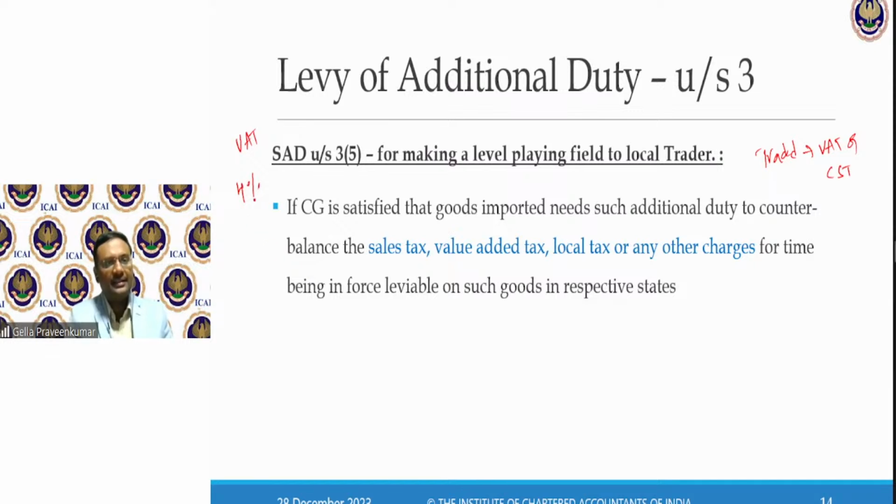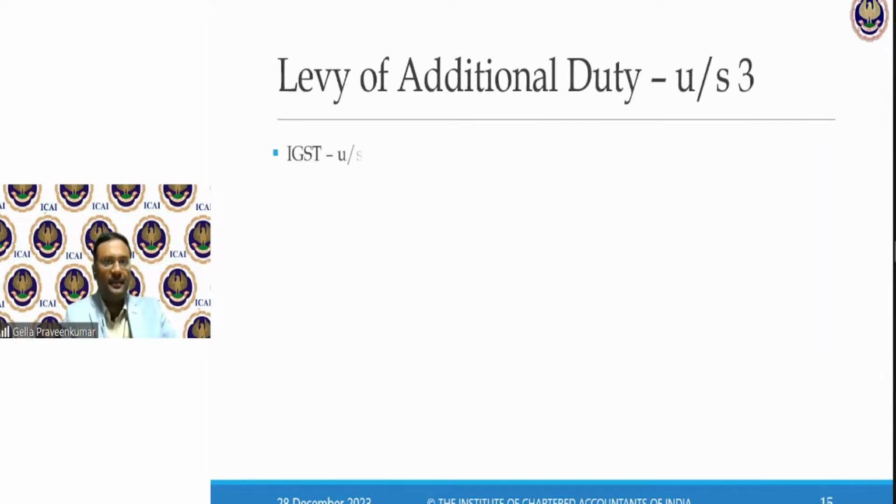Earlier under the central excise and VAT era, any manufacturer or any trader, precisely trader, this VAT was allowed as a refund. This was allowed as a refund to the importer on sale of those goods in India. Now, because GST has been triggered, this is also a sunset provision as on today.